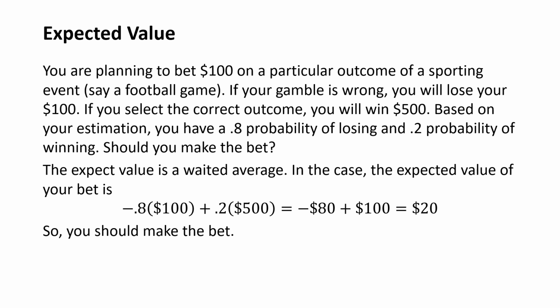That's something called expected value. It's sort of a weighted average, and you just take the 0.8 probability of losing times your $100, and then you add to it the 20% probability of winning times the $500,